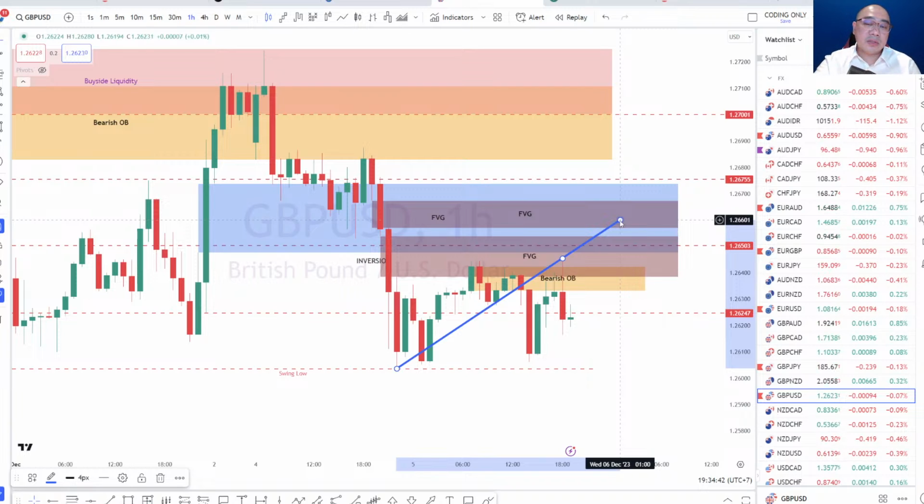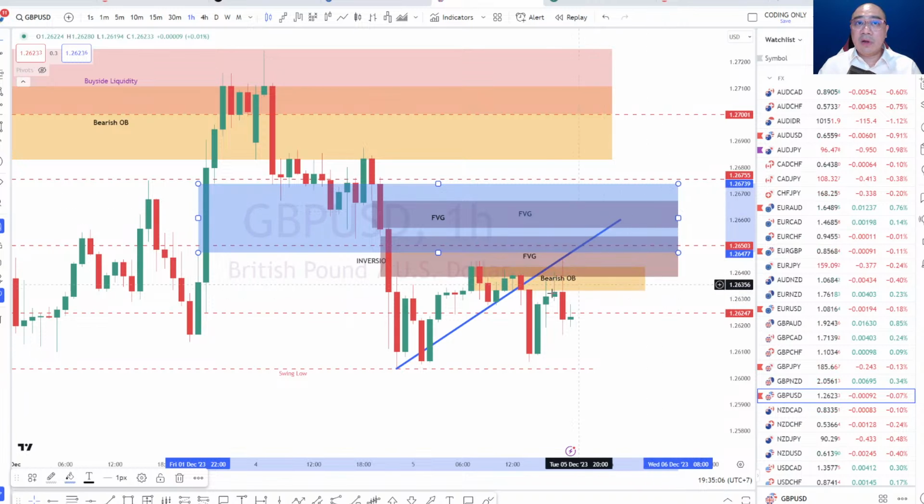It doesn't have to come back to the middle of the fair value gap. So I don't want you to be static when we take a look at fair value gap. I want you to be able to adapt, because if I don't mention this, a lot of traders, going by the book, are probably going to assume that, oh yeah, price needs to come back to that particular level. It would be ideal if it comes back to that particular level, but it doesn't have to,